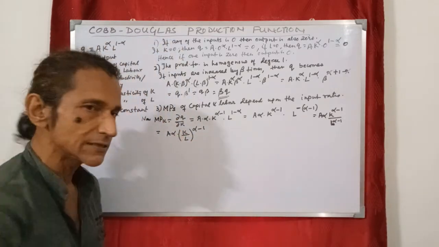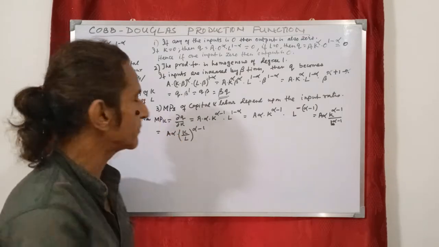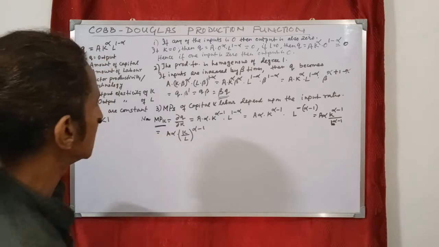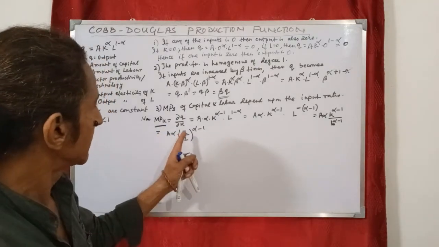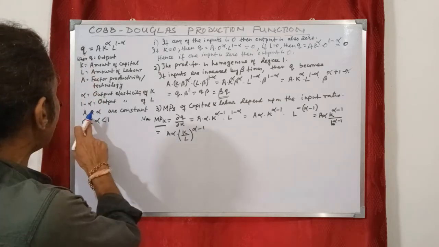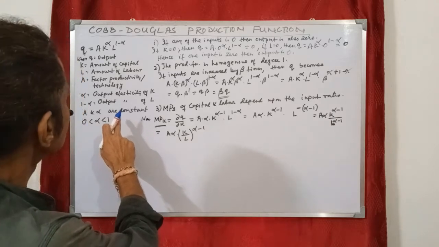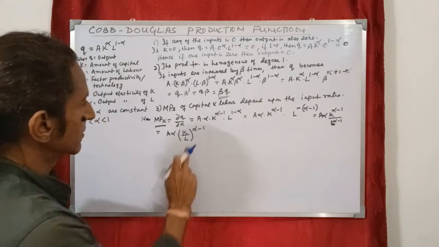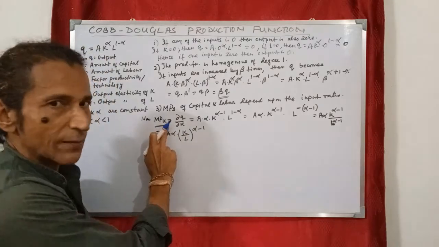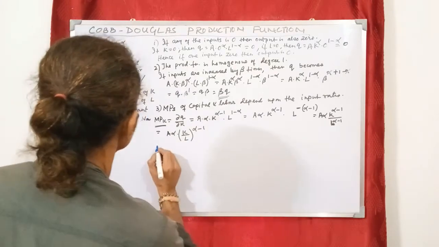Now K by L is the input ratio. So this proves that marginal productivity of capital, MPK, depends upon input ratio K by L. Since A and alpha are assumed constant, therefore, if K by L remains constant, then marginal productivity of capital will also remain constant. Similarly,